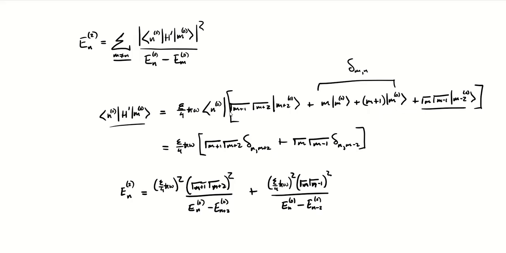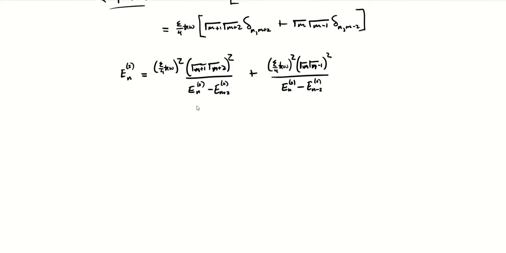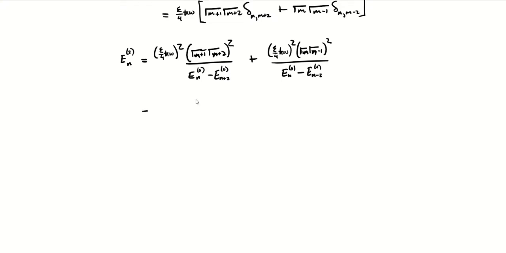Right? We can simplify this a bit. Epsilon over 4 h bar omega squared times n plus 1 times n plus 2. When we square those, we just get rid of the square roots. This denominator, we know